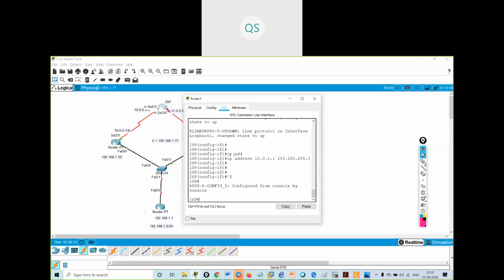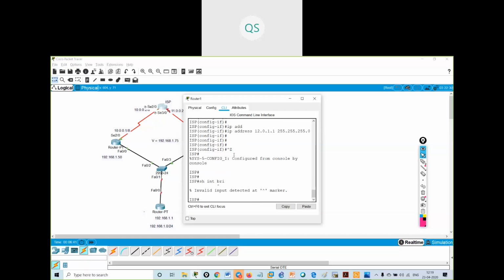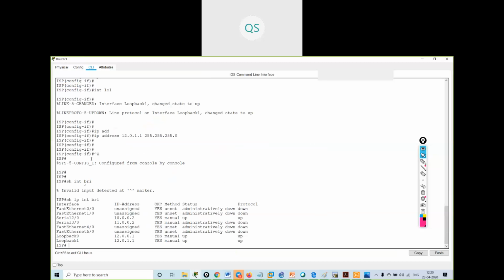Okay, show IP interface brief. Okay, so I have configured all the things.